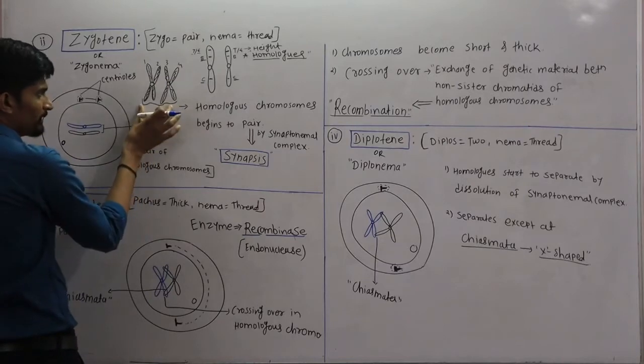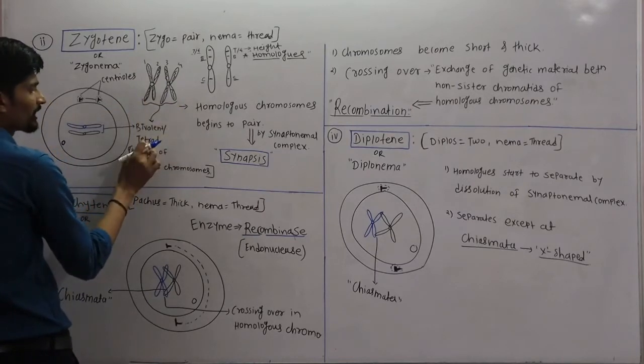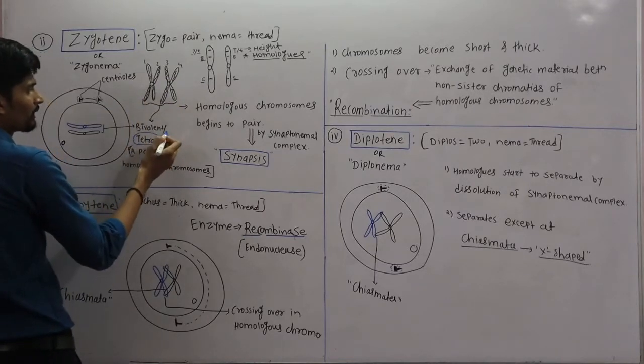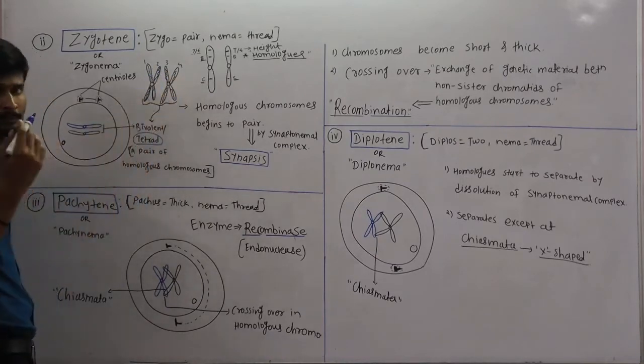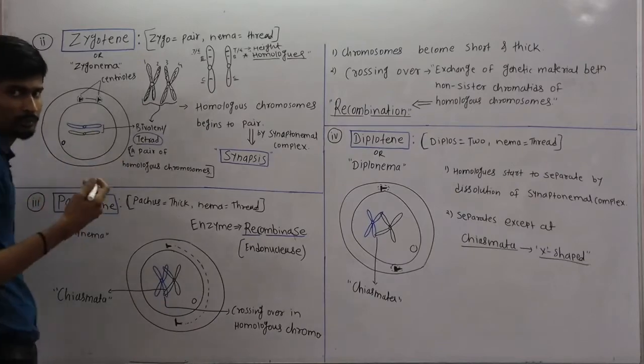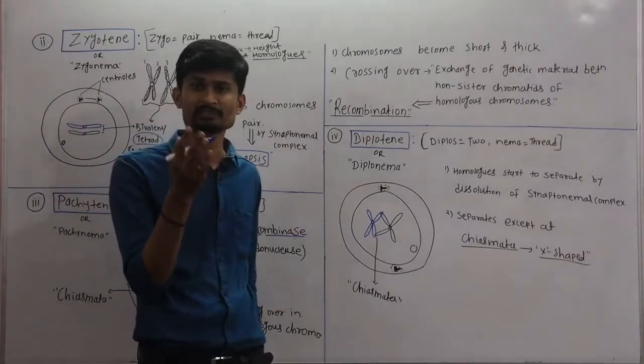Now in the next, look at this diagram. This is called a bivalent. So this is a bivalent, also called a tetrad. Now why is it called a tetrad? Because each chromosome in the first stage, that is zygotene, we have seen each chromosome has two chromatids, but it